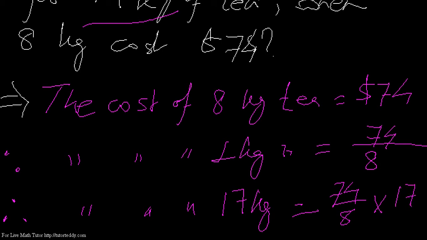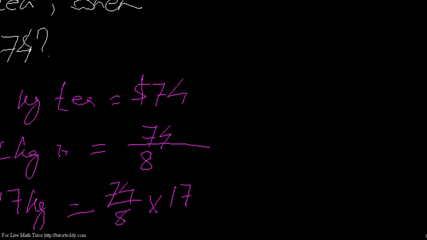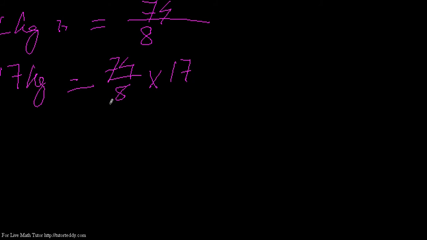So then I get this 74 by 8, which is a whole thing, so I kept it as it is and multiplied 17 with it, right? So how much is that? Let me calculate now. First thing, you see that both 74 and 8 are divisible by 2, so I'll do that. 2 threes are 6, 2 sevens are 14, and this is 4 twos are 8, right? And nothing else is divisible.